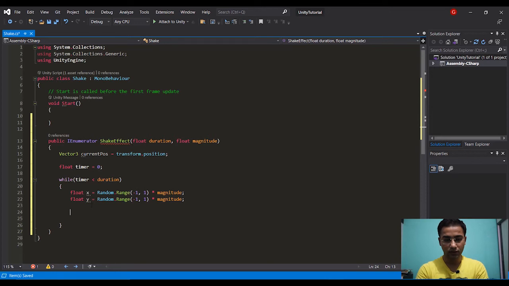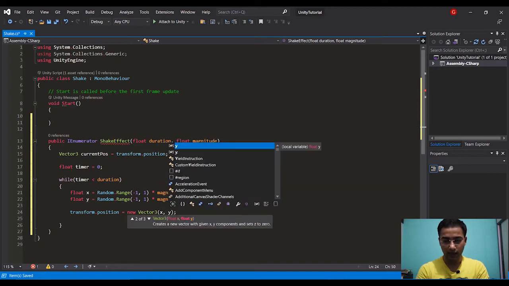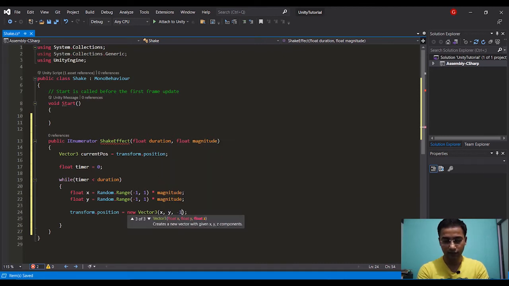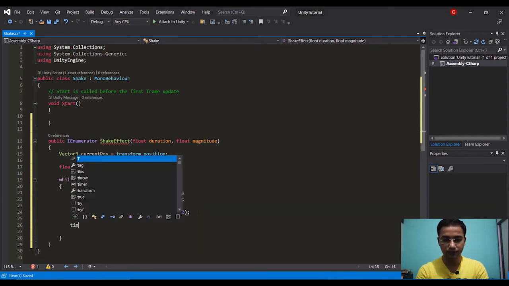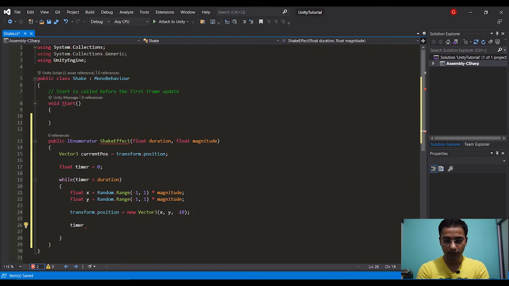Now I'm setting the transform position of my camera by taking a new Vector3 and passing x and y, and the z position will be -10 only. And now my timer will be plus equals Time.deltaTime.